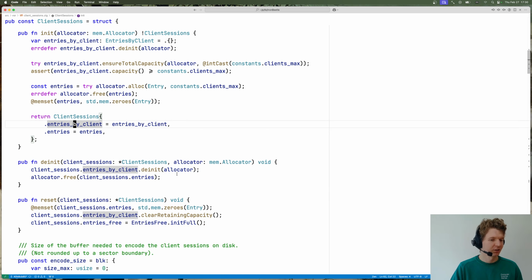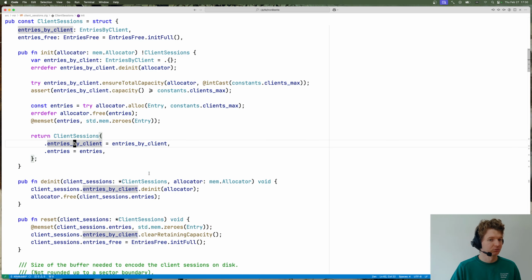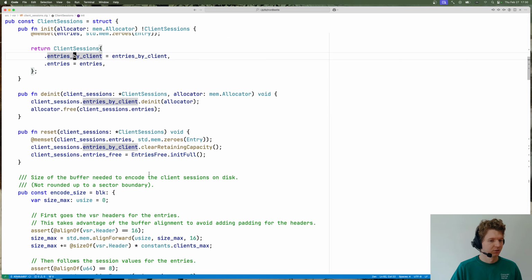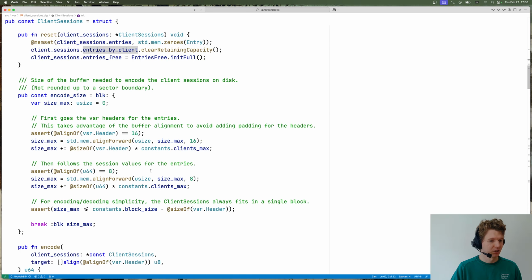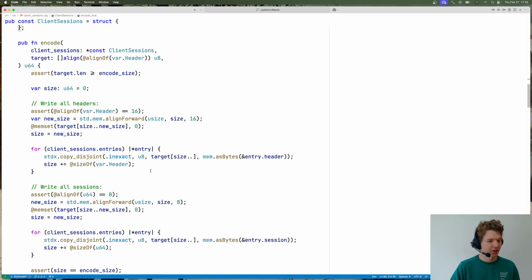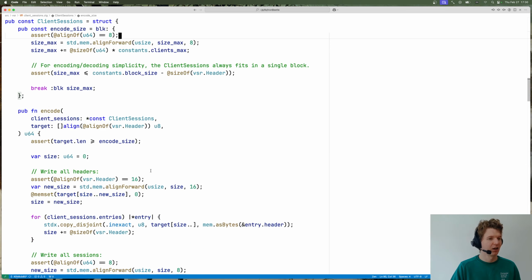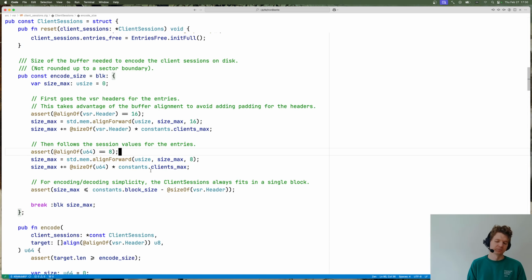Okay, when we delegate, also just delegate stuff. Reset. Okay. Then encode size, decode size. Okay, this makes sense because the set of connected clients is a state. So